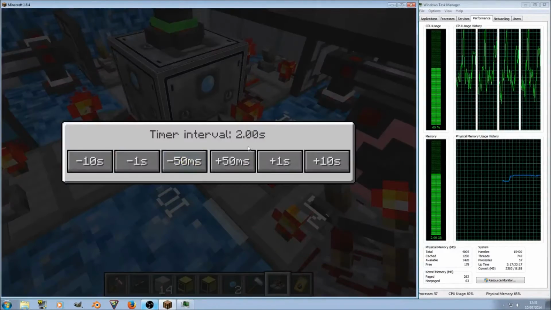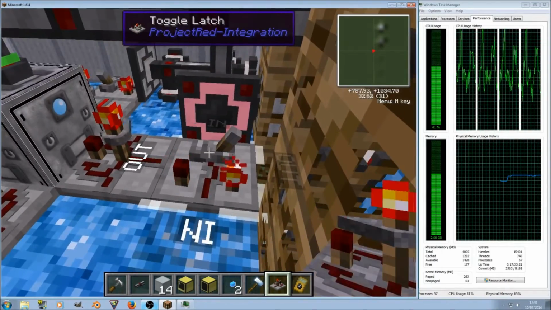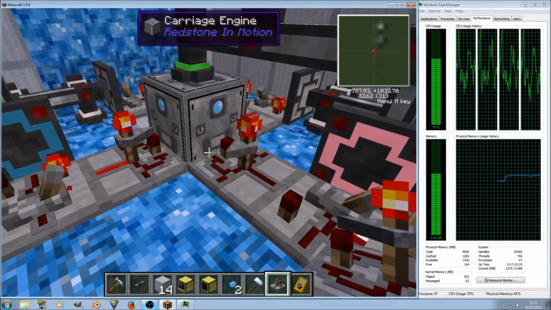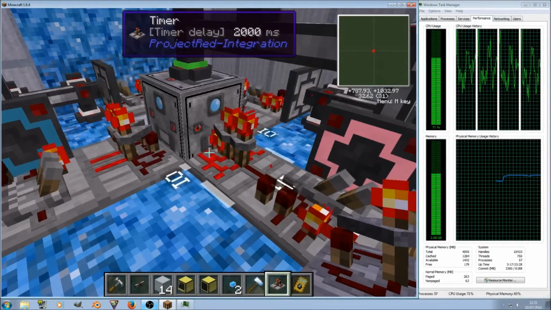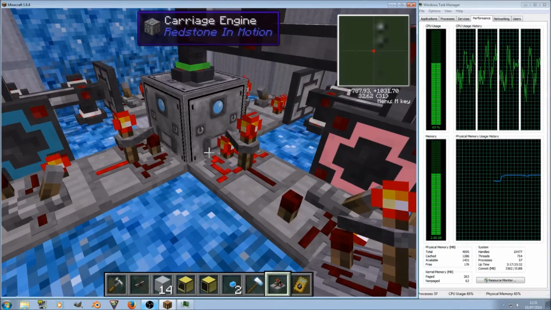Let's make sure that's 2 seconds. Right, okay. So what I'm going to do is let this go. Now, as you can see over on the right hand side of the screen, my threads are slowly going up,